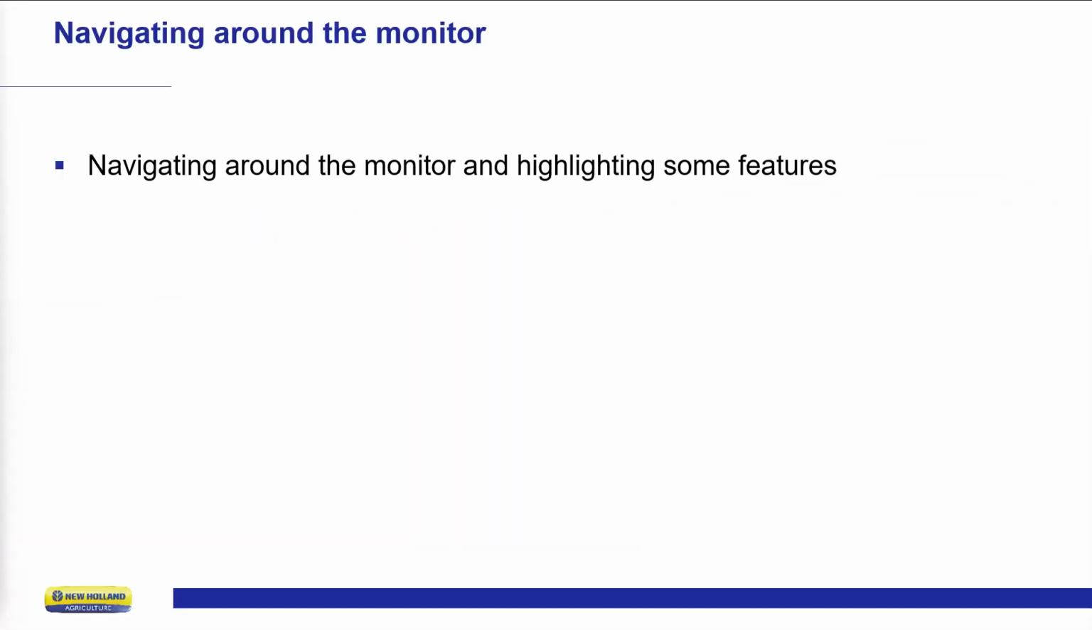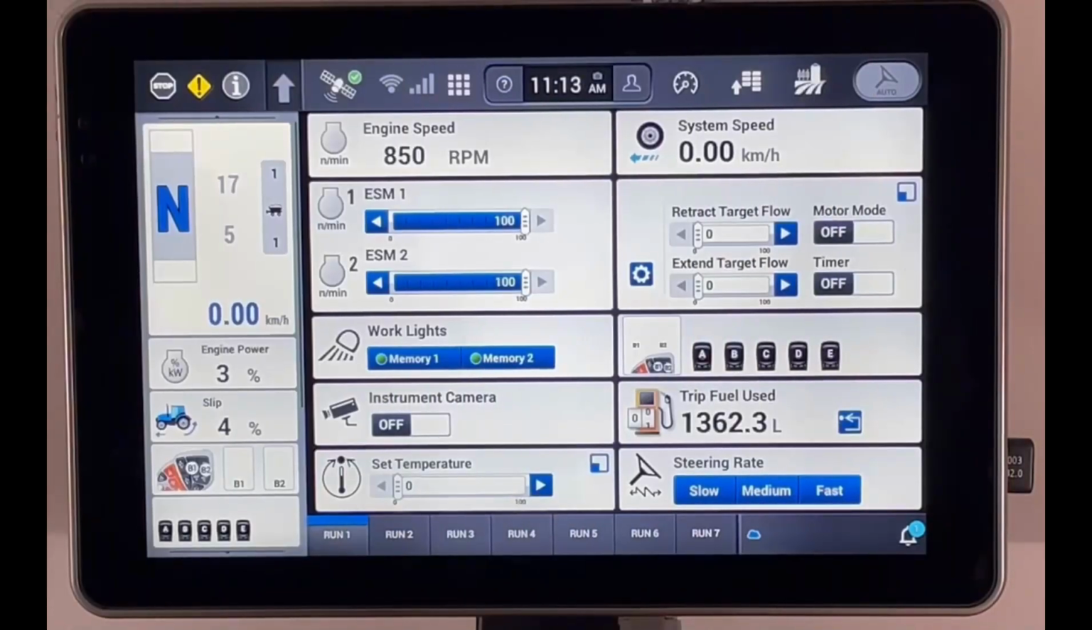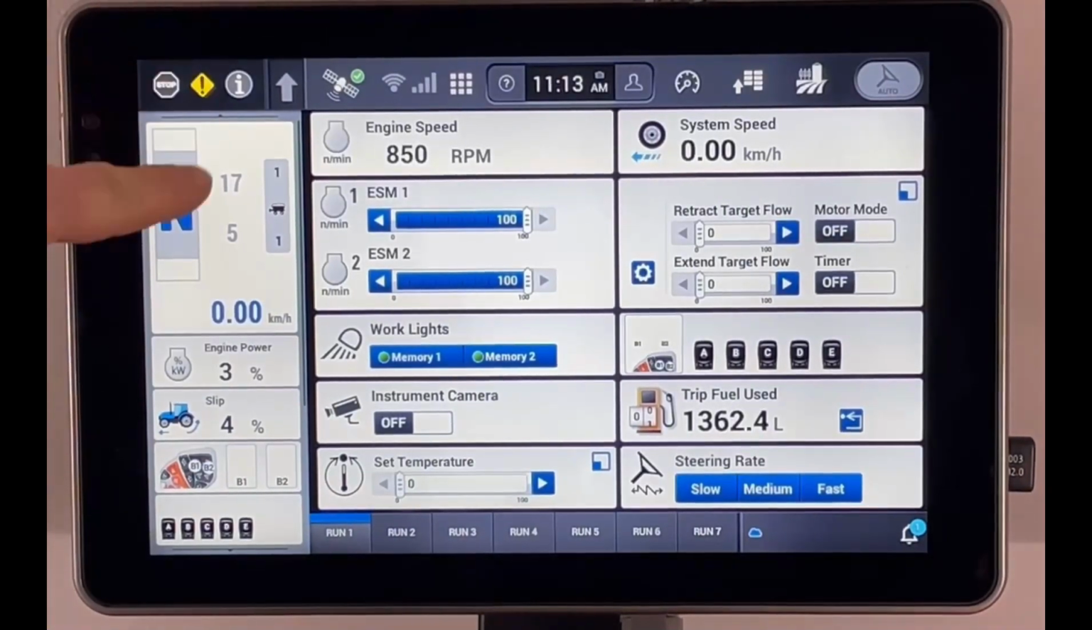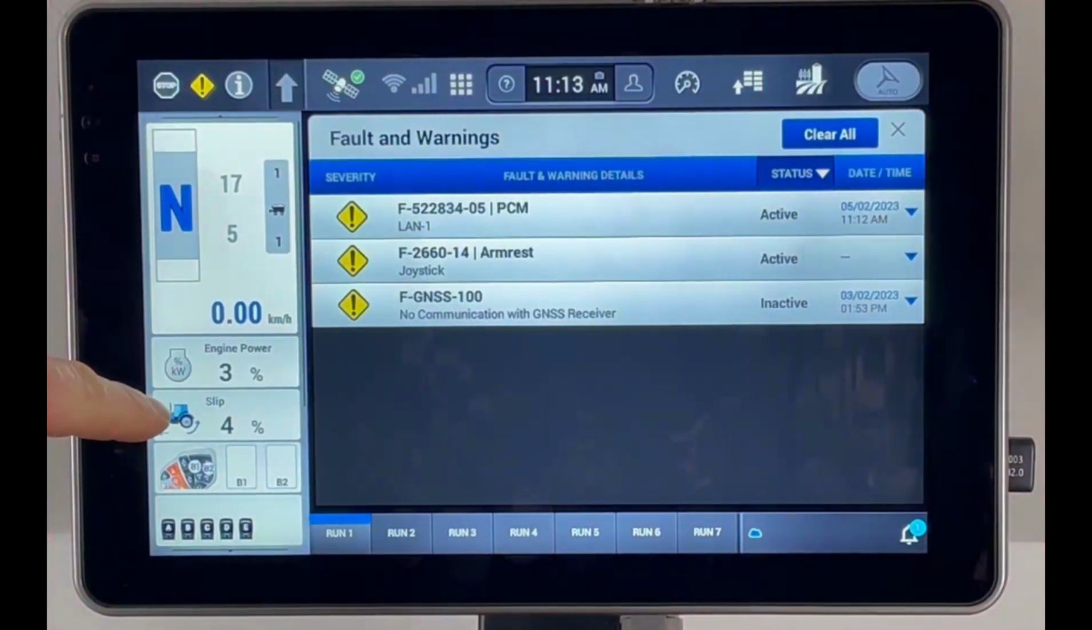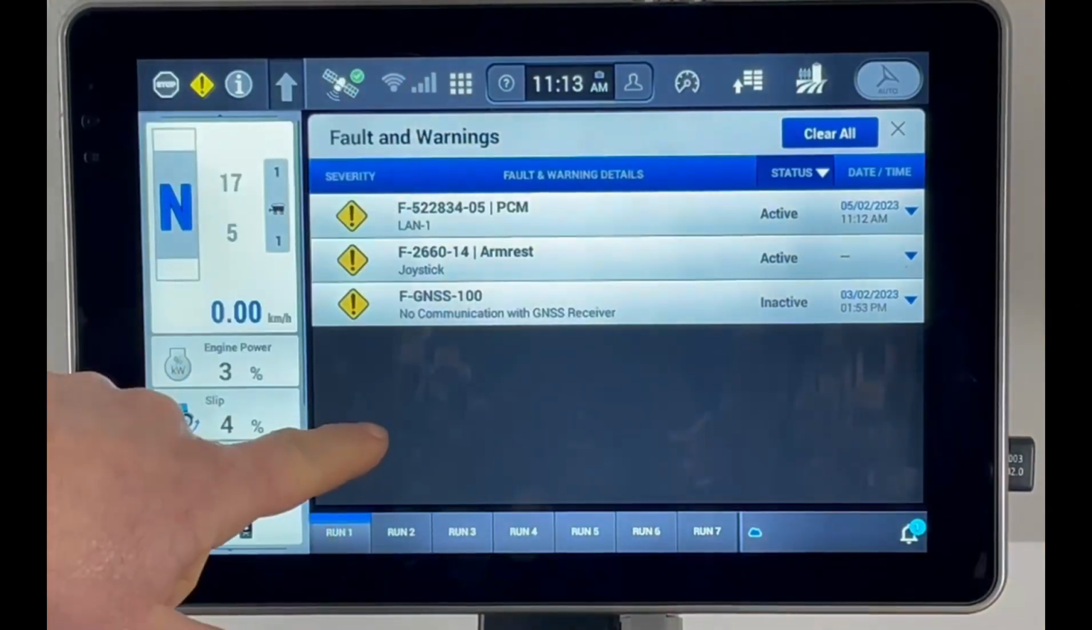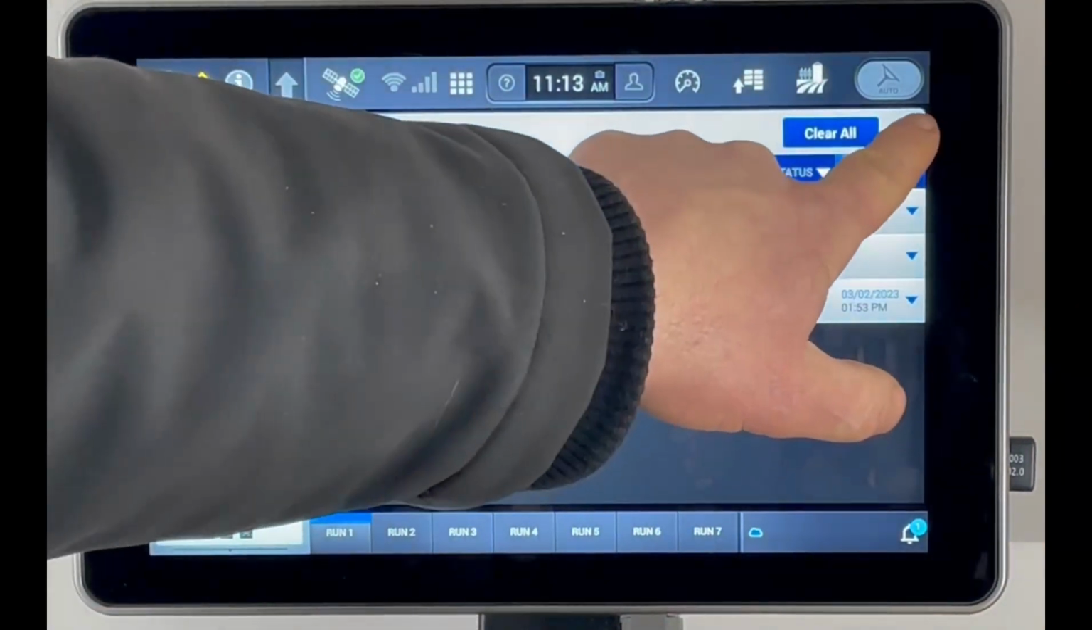Hello, in this video we're going to be looking at how we navigate around the IV12 monitor and highlighting some of the features of it. If we look at our monitor, up in the top left hand side we have our faults and warning area, and if you need to clear them, press clear all. Other than that, this should be empty